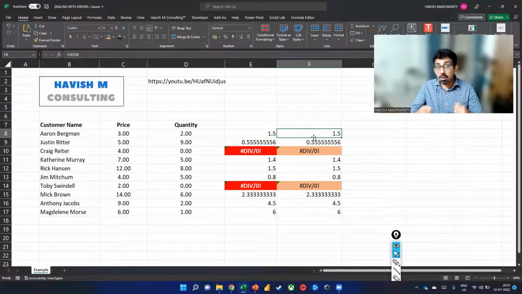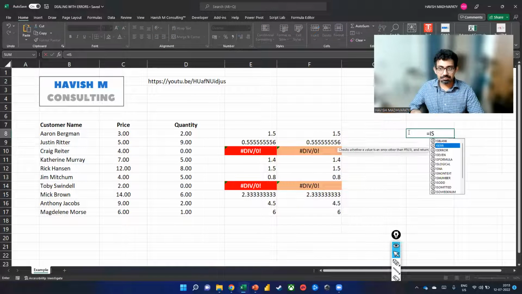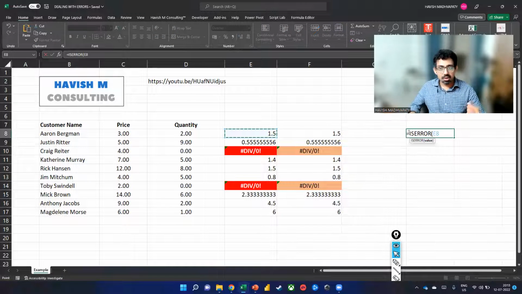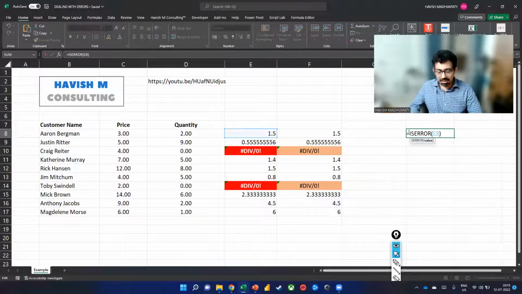But what if we want to count the number of errors? See, this is a small data and you can visually see how many errors are there. But if it's a large data set, let's say 10,000 records, and there might be 5 errors hidden somewhere in it, you would also want to count it, isn't it? To do that, I'm going to say equal to ISERROR only on one cell. So if I do this on 1.5, we get a false because that's not really an error. But if I do it on E10, which is an error, we get a true value,